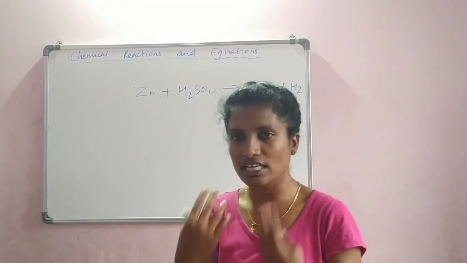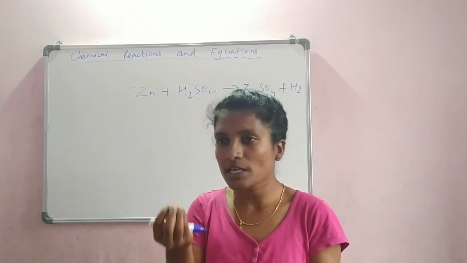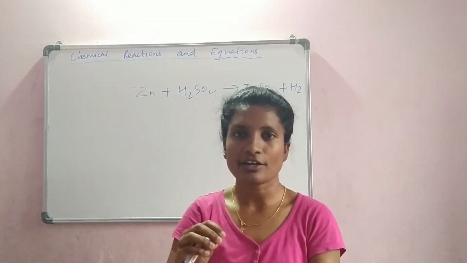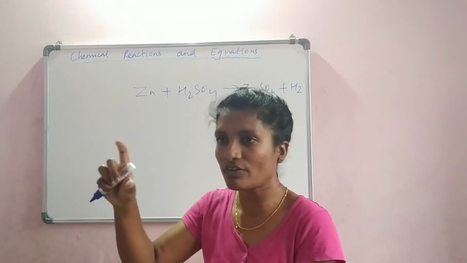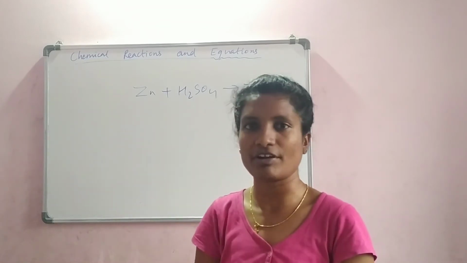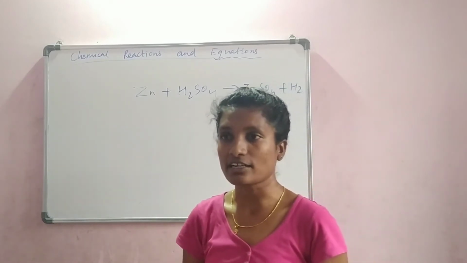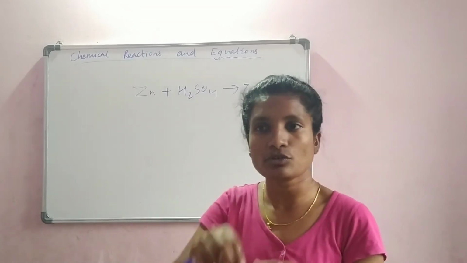If you see that visually in a lab when you are conducting an experiment, you take up a zinc granule, so you feel that, oh, this is solid. Then you put that into a beaker or a test tube. Then you start adding sulfuric acid, which is liquid in state. Correct? Most of the acids are liquid. So you can get an exact picture of what state of matter they belong to only if you do the experiment.